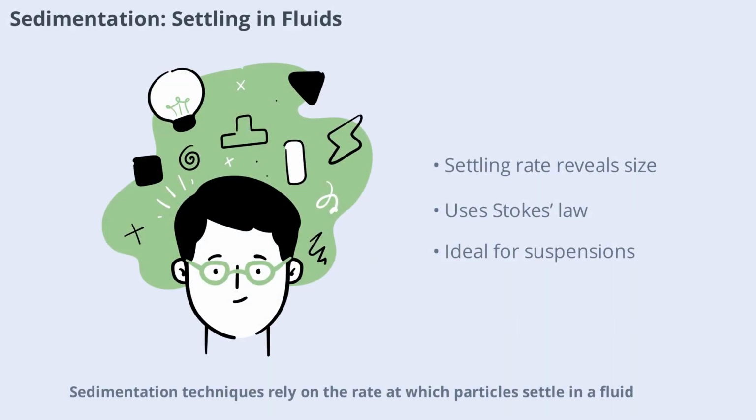Sedimentation techniques rely on the rate at which particles settle in a fluid. According to Stokes' law, the settling rate depends on particle diameter. Instruments like the Andreasen pipette or sedigraph are used to measure how quickly particles fall through a liquid, providing information about their size distribution. This method is particularly suitable for powders in suspension, covering a size range of 0.5 to